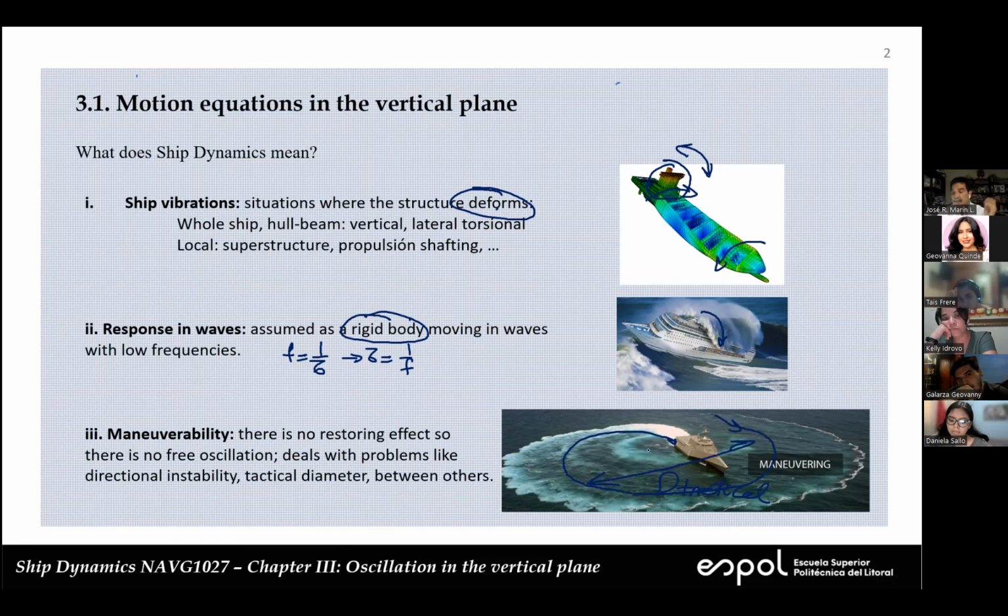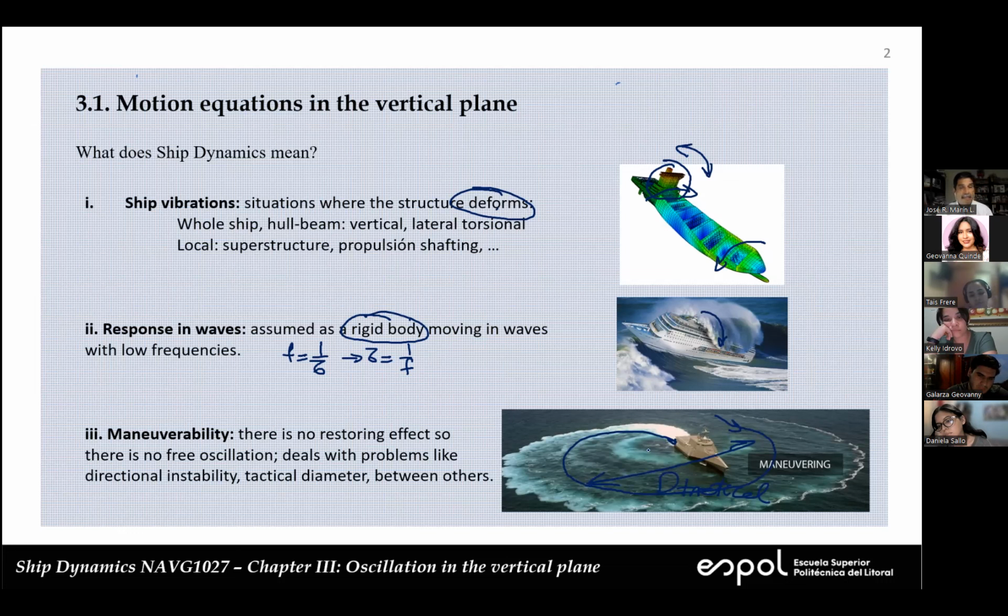And for example, every time we have an accident around the Galapagos, they put a question mark on the maneuverability capacity of the ship. Because if they don't have enough, they cannot handle all of these obstacles